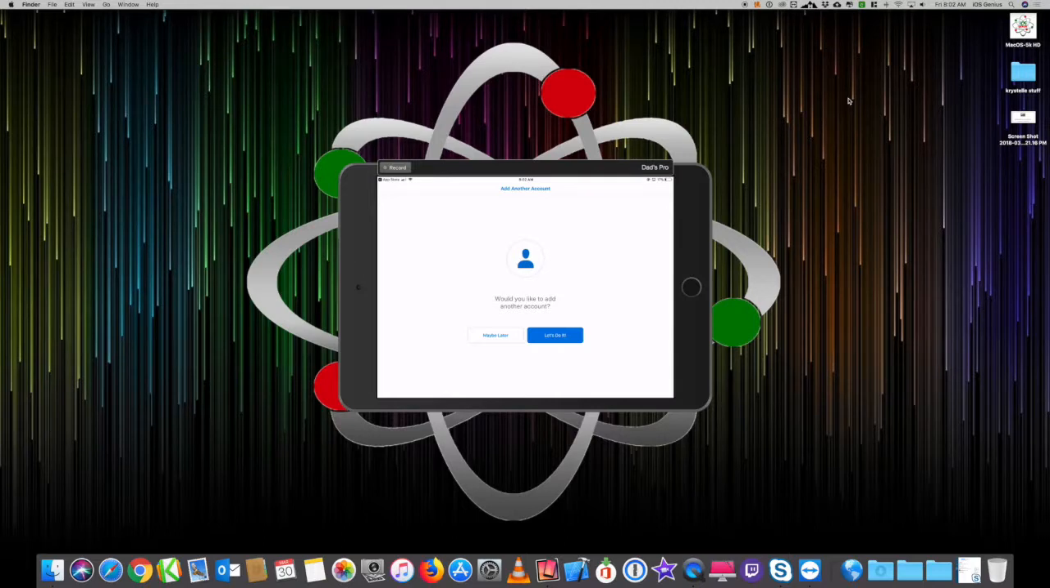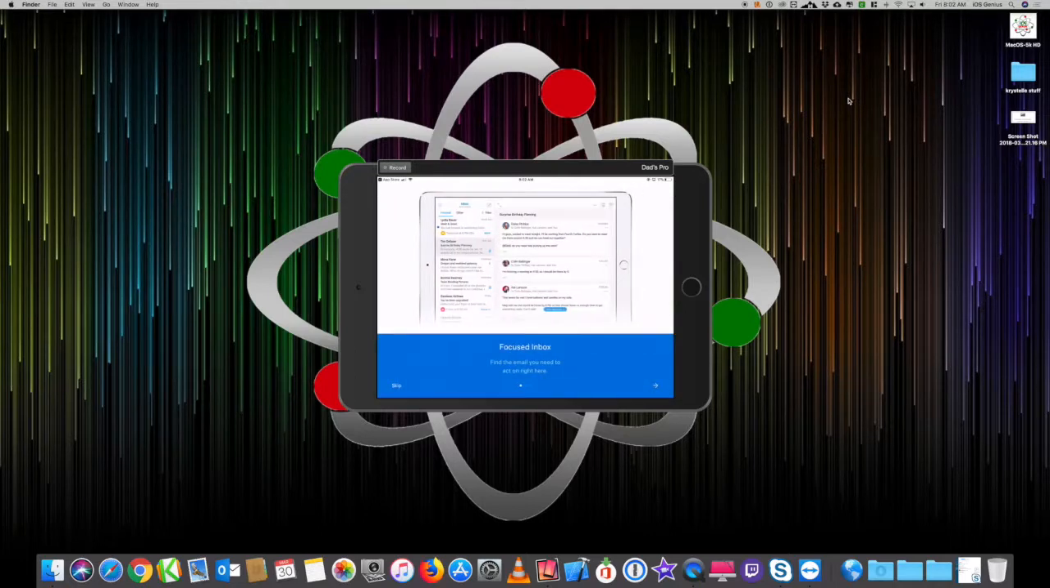So then you want to select, would you like to add another account? I do not, so I want to hit Maybe Later. Then it goes through the overview of what Outlook offers. So Focused Inbox: find the email that you need to act on right here. With Focused, you can select your specific email that comes in that will be primary under Focused. So that's what you need to look for. There is an Other option up here, but that's like